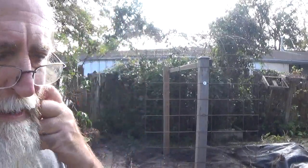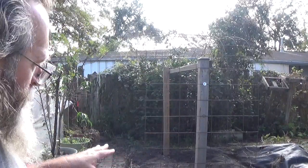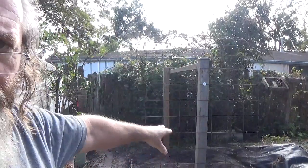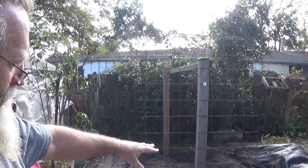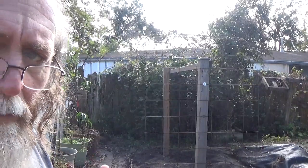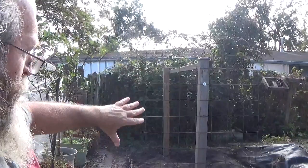So this is a way that I'm going to utilize more room here, because see, before I had it running that way, and so I couldn't plant nothing at all in that middle section. So this is going to free up that section and that whole end. So I think it's giving me a little bit more planting room, okay? And then this is going to stay more,